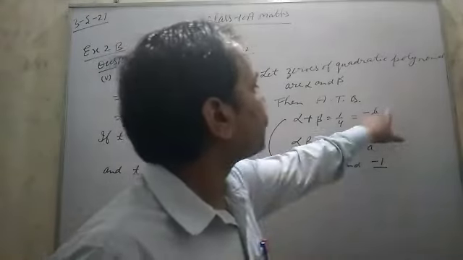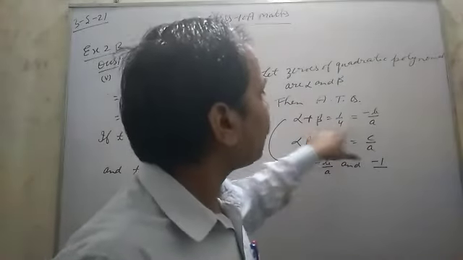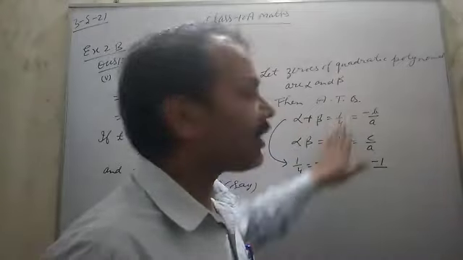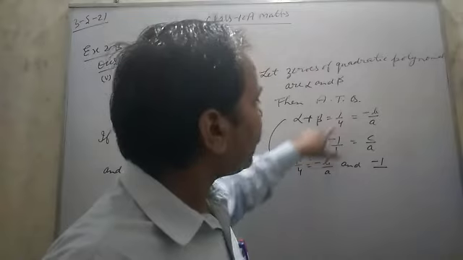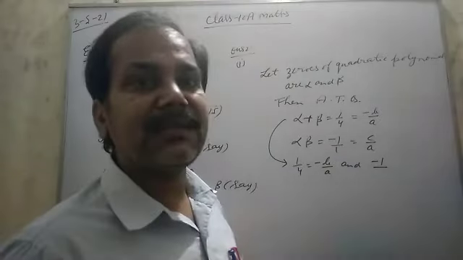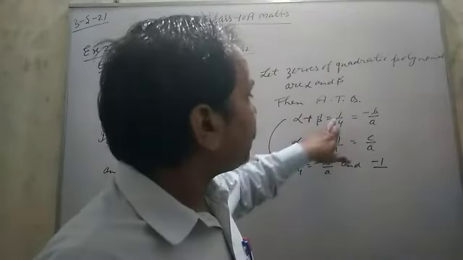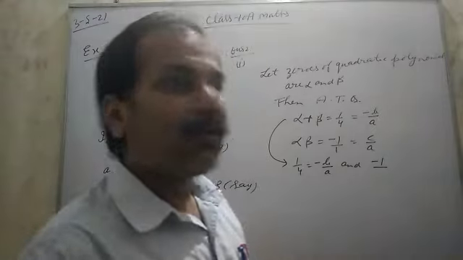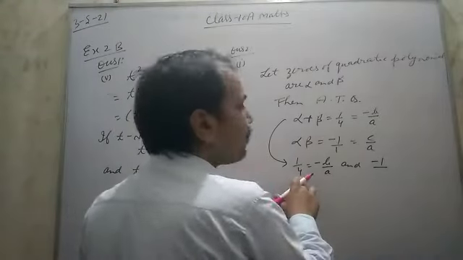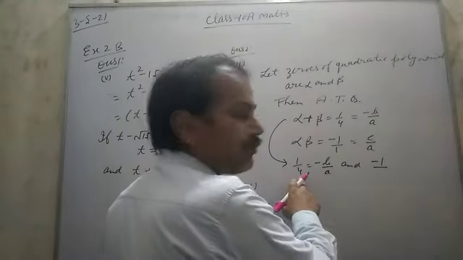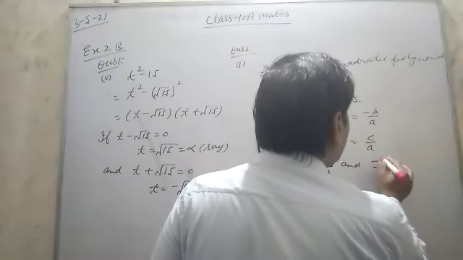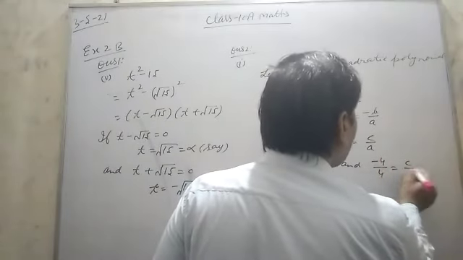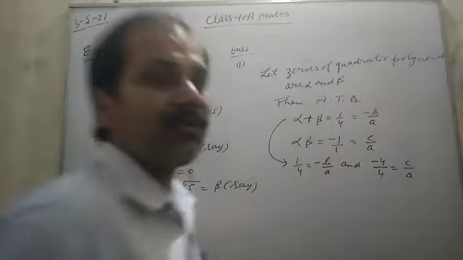Okay, minus b will be 1 and a will be 4. If they were equal then fine, but here they are not equal. So first we make their denominators equal by taking the LCM. The LCM of 4 and 1 will be 4. This one is already 4, so no need to do anything in this. But in the other, multiply and divide by 4, then the denominator will be 4.